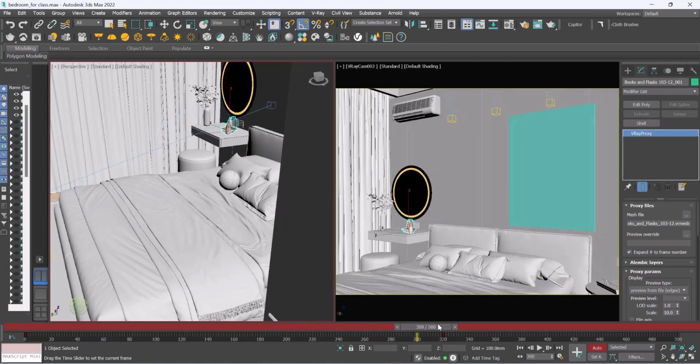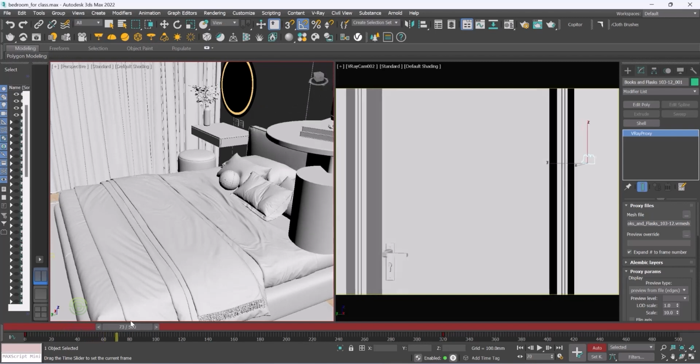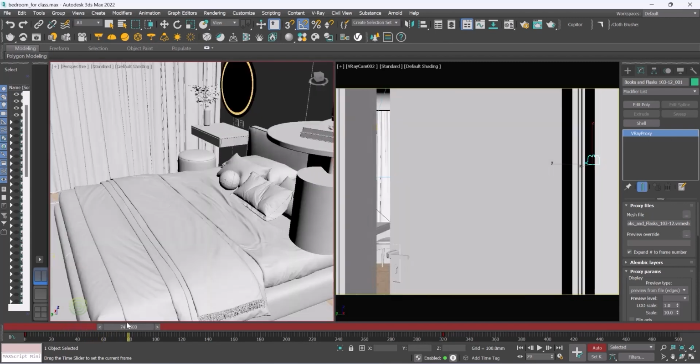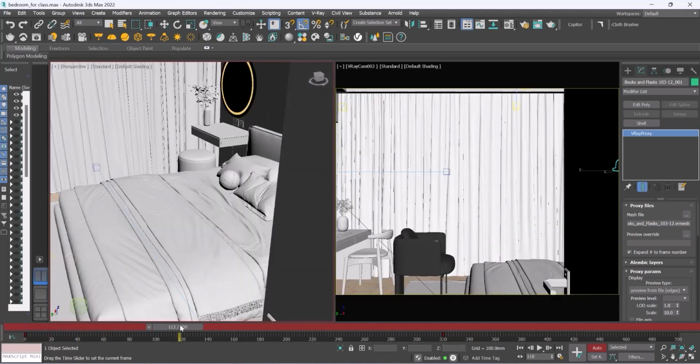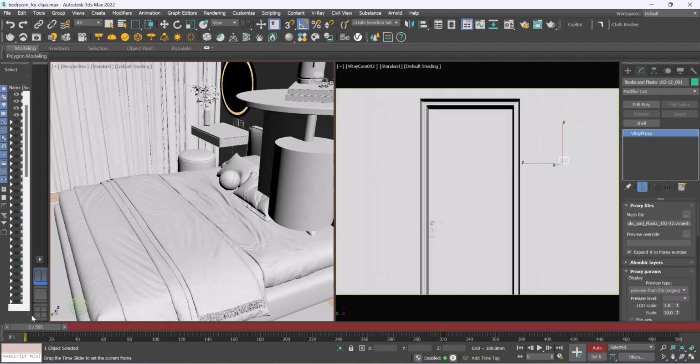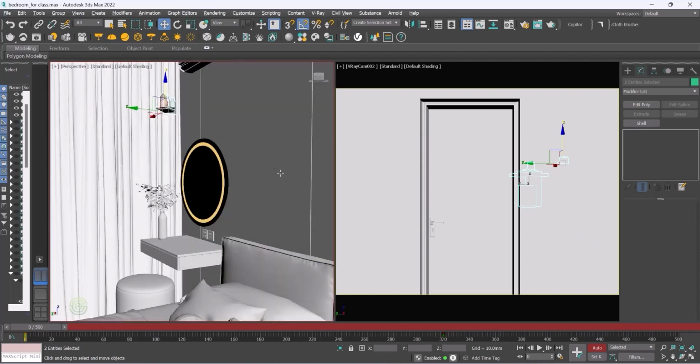So we have to see, guys, when we start the animation from zero, that time onwards, these objects are rotating. So these objects are rotating from the beginning itself. So we have to change that. So press Control and make sure this object is also selected. Press Control and now